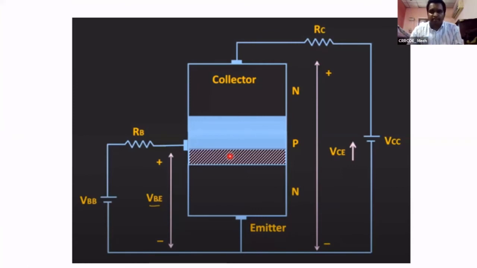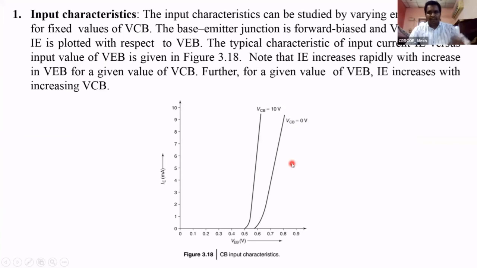That reduces the input current, the input base current, that is IB. Because of that, the curve is shifted to left. This is called early effect. If you increase the VCB, the depletion region of the second junction increases, that decreases the region of the base. Because of that, the curve is shifted to left. Still, on this curve the VCB is constant, that is 10 volts at any point of this curve.